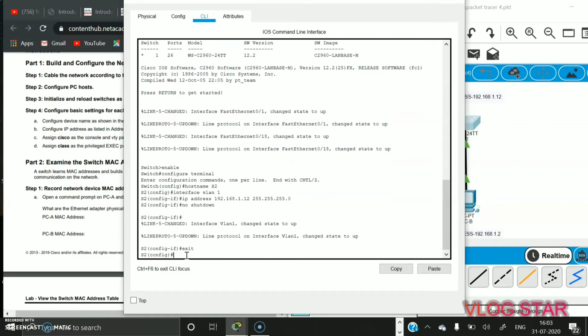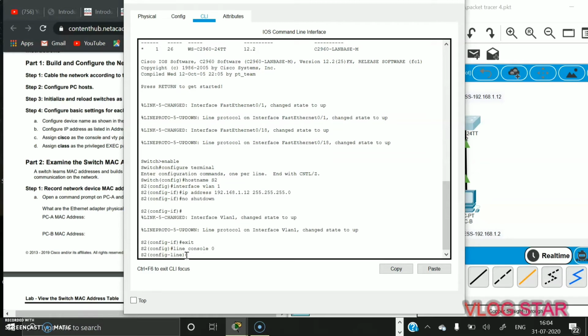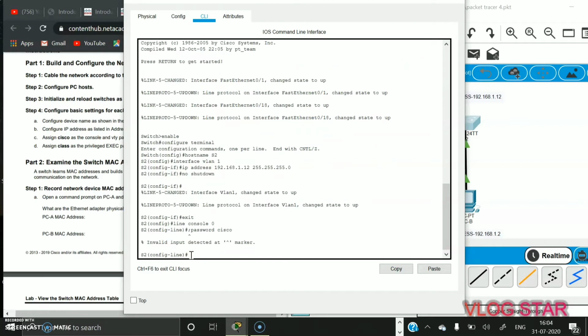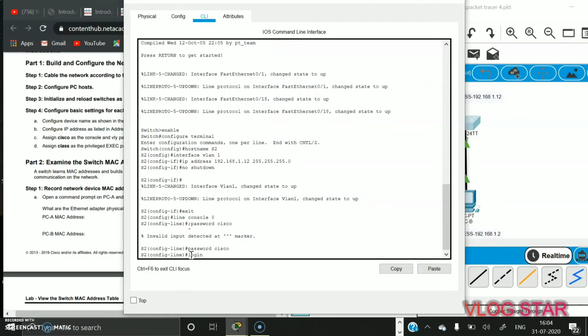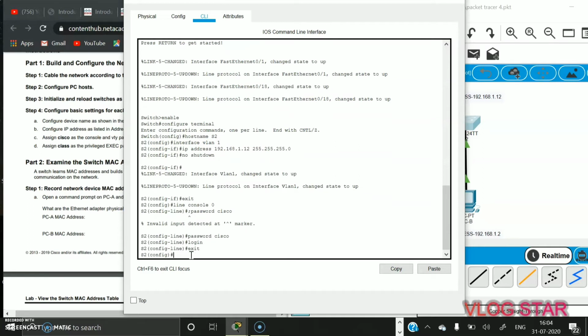Okay, now we have to create passwords. For creating the passwords, enter line console 0 and then password. For creating the password you like, password Cisco, login, exit, and then line VTY 0 15,